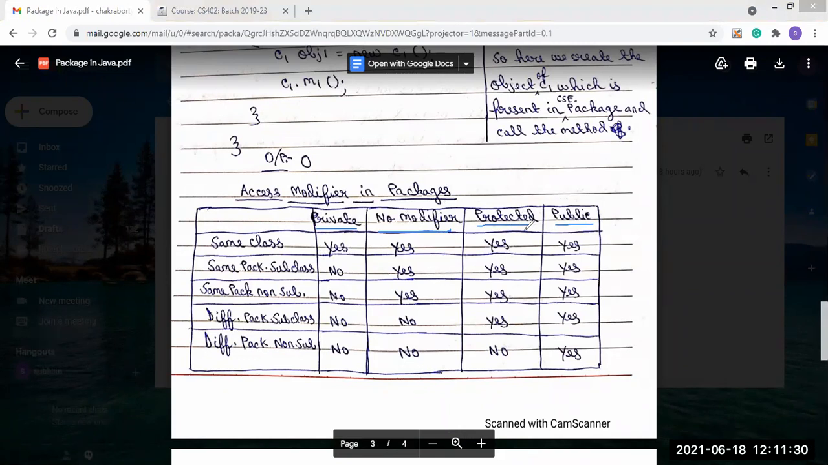Now, this access modifier will behave differently under some conditions. You will see that if we are using the same class within packages, then private will work. If it is the private access modifier, then in the same class we can use it. Okay, no problem. But in the case of subclasses,